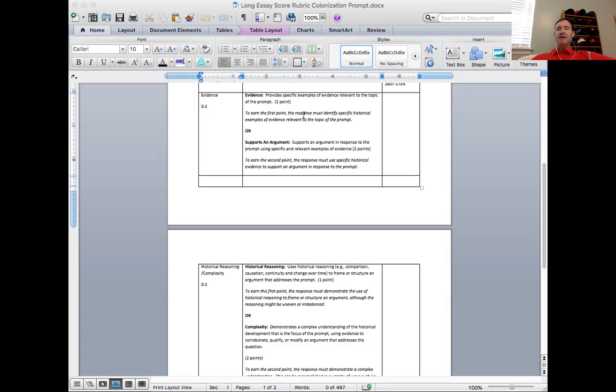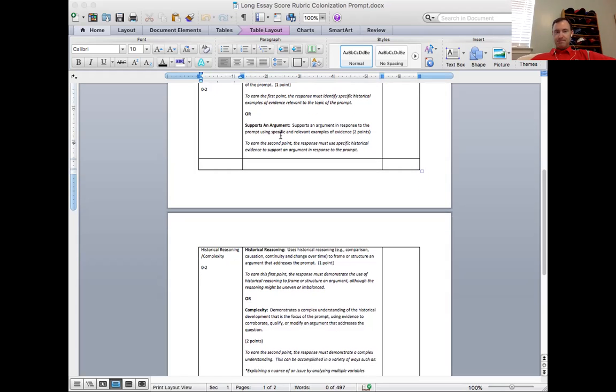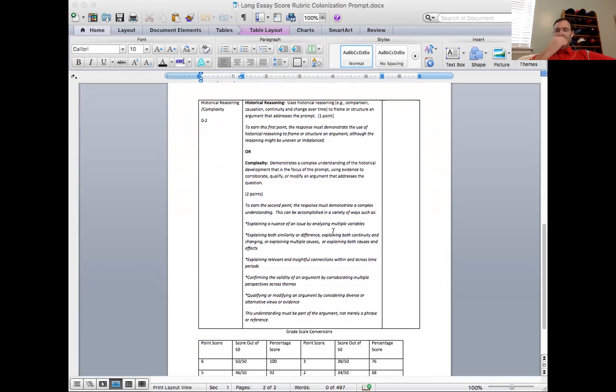Okay? So look at what it says here. The response must identify specific historical examples that support an argument in response to the prompt using specific and relevant examples of evidence. In other words, guys, as your reader, as your scorer, whatever word you want to use for him or her, whoever, you're going to say, okay, I am now using this evidence more purposefully to help my argument. Okay. Now, last but not least,